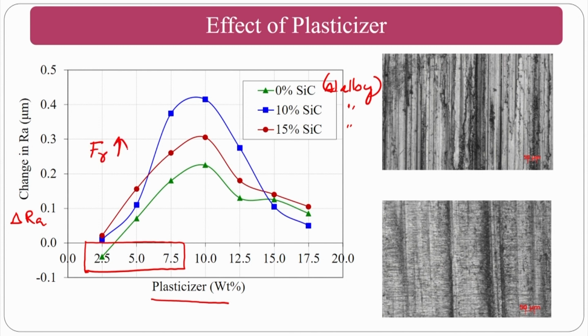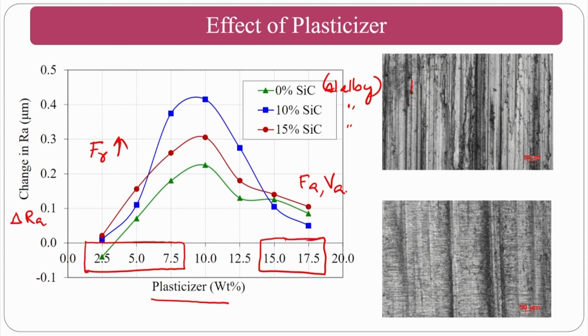As you go higher, assume that you are going to increase to 17.5 or 15, then what will happen? Your plasticizer content is so high that it has a lot of viscous properties and very little radial force. In that circumstance, it just slips over the surface rather than indenting it. Your axial force is a dominating one and axial velocity will be another dominating one. That is why it just simply rolls over the surface.